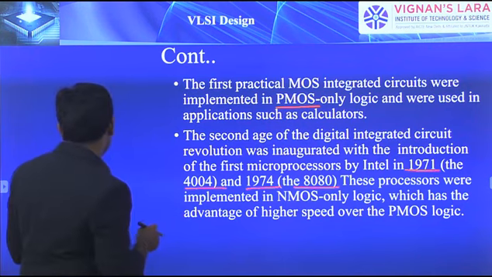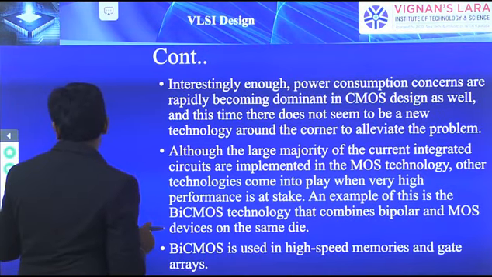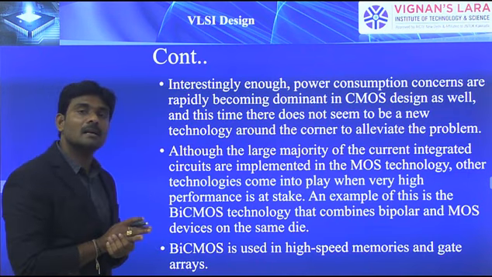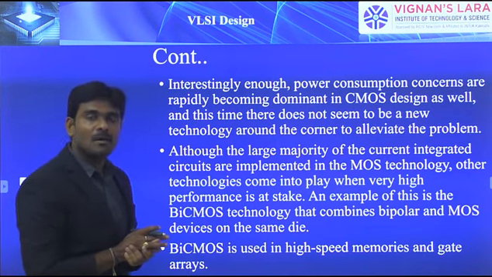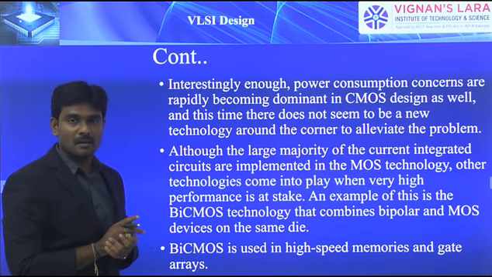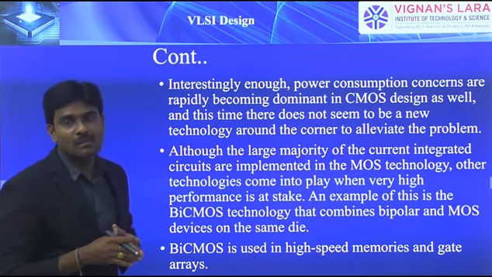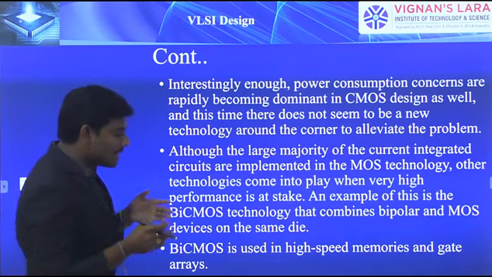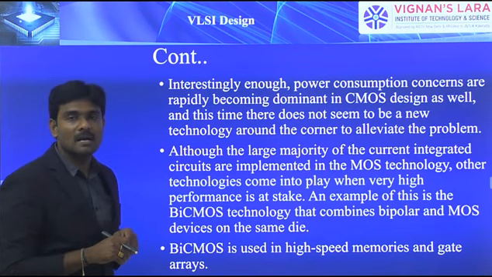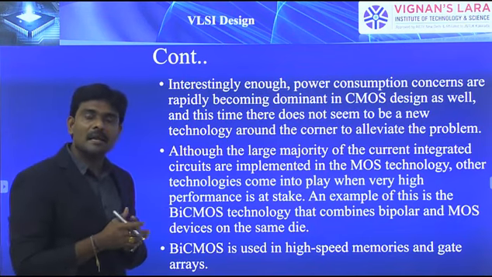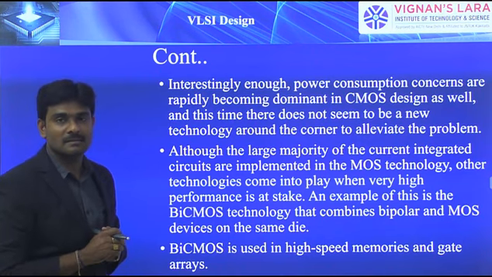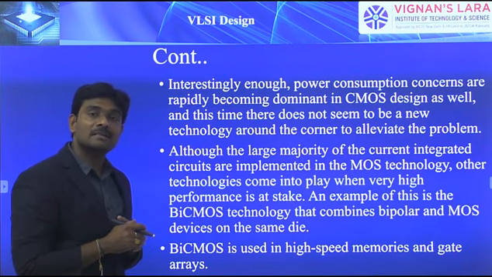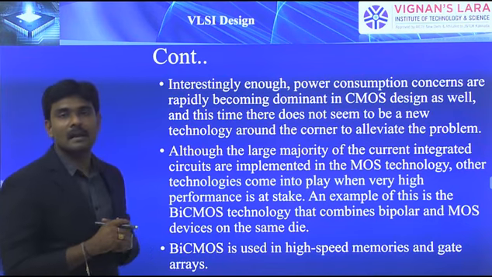Then after that, they moved to CMOS technology. After NMOS, first PMOS, then NMOS, then CMOS. CMOS stands for complementary metal oxide semiconductor, and we know that we can realize CMOS by combining both NMOS and PMOS on a single IC. CMOS has several advantages compared to PMOS and NMOS.